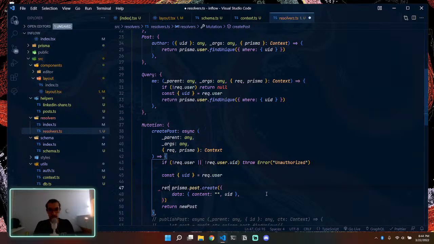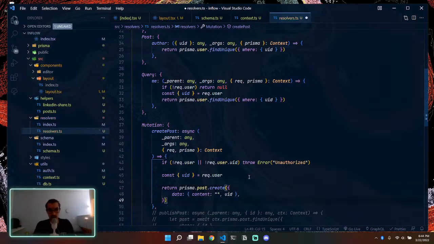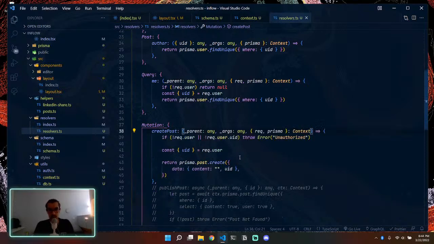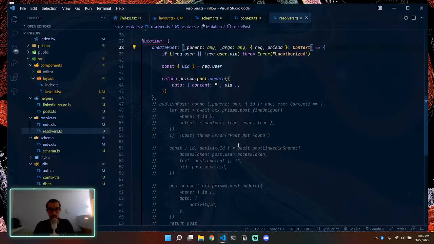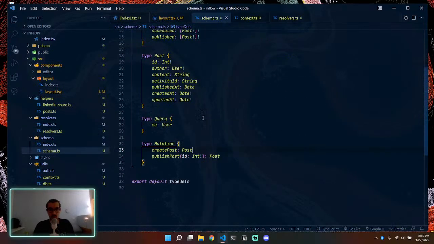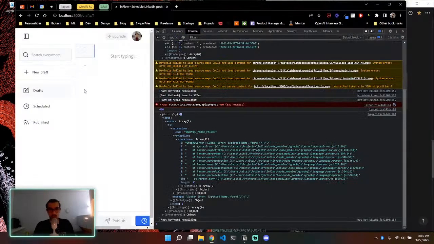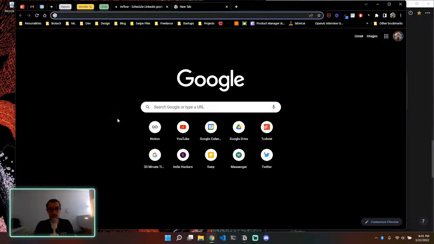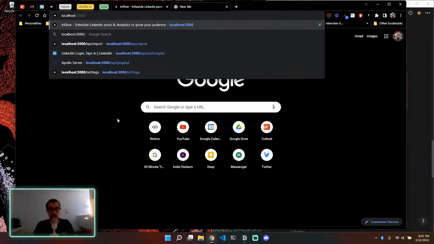How about if I do return that instead of this, and I say not async, but nothing, like this. Okay. Is it still gonna? And maybe in my schema, I should remove this. Maybe it's the problem. Let's see if